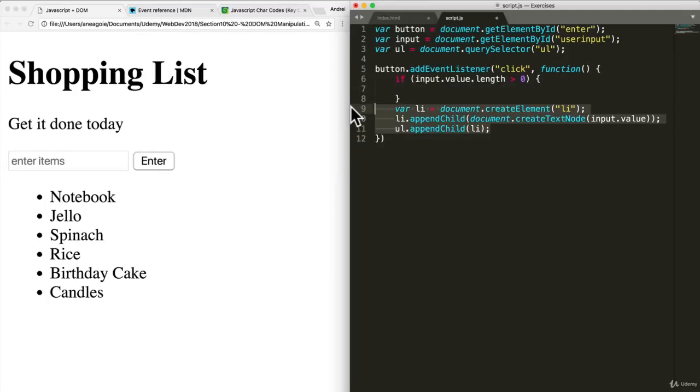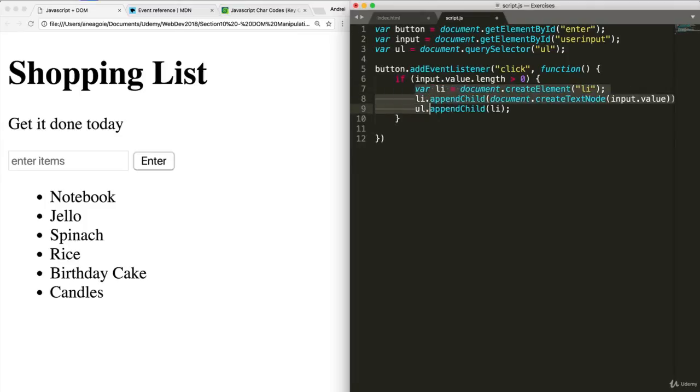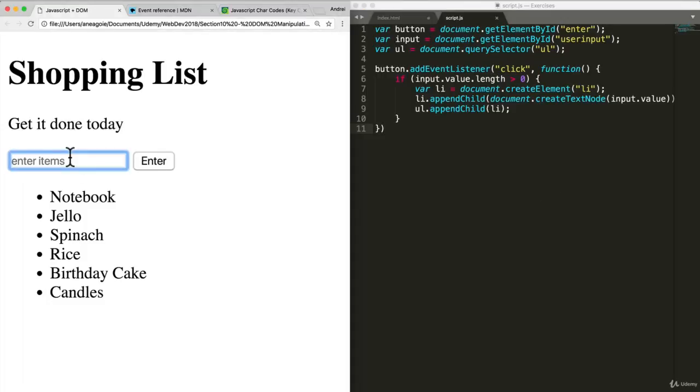we will move this in here. Otherwise we don't really need to do anything. We'll just let that click event happen without any actions. Okay, so let's see that in action. I'm going to save and refresh, and I'll do nothing and press enter. Nothing, press enter. Nope. But if I type something,